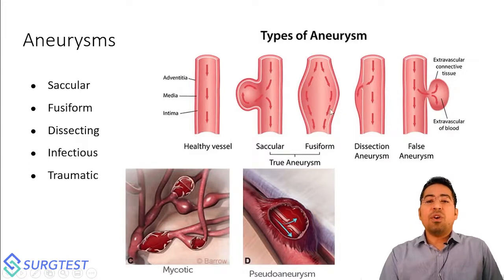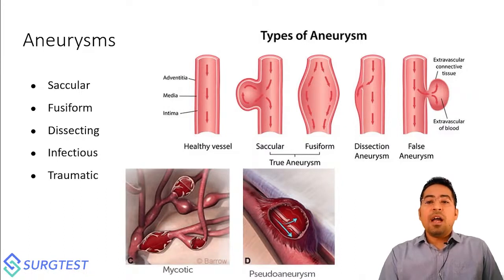If the wall of a blood vessel in a particular area is circumferentially dilated, that is called a fusiform aneurysm. What is a dissecting aneurysm? It is when the intima is torn and the blood makes its way through the media and adventitia of the blood vessel and starts flowing through an abnormal route. That is called dissection of the artery, and the aneurysm and dilatation thus formed is called a dissecting